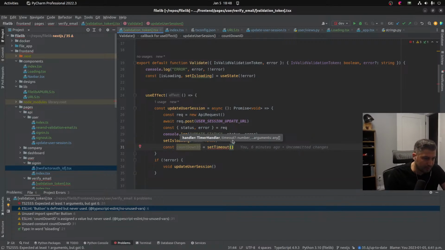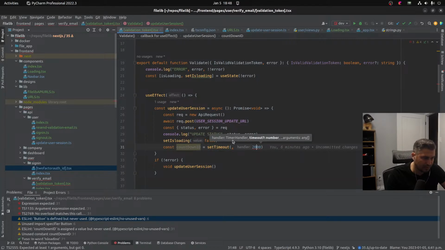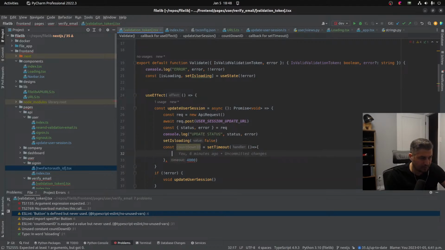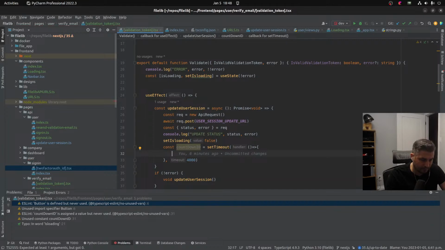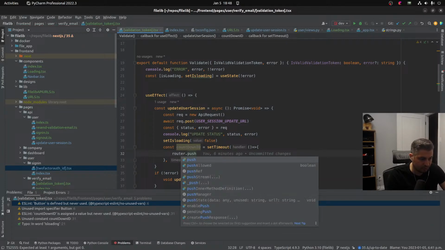And then the setTimeout here is going to be, this is like 2000, 2 seconds. Actually, let's make it 4 seconds. And then we're going to just say router.push